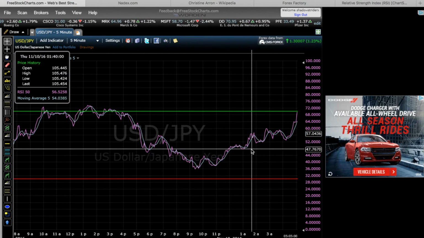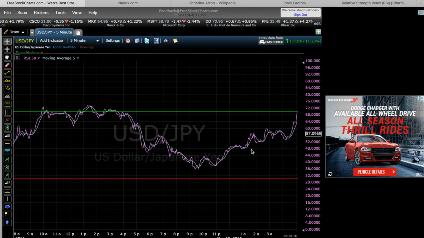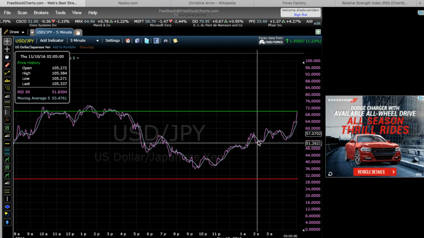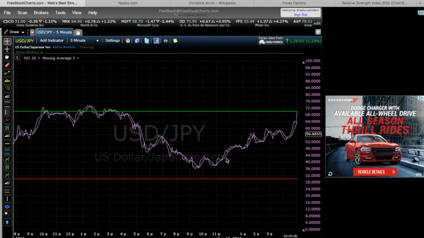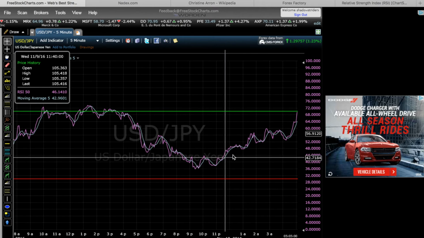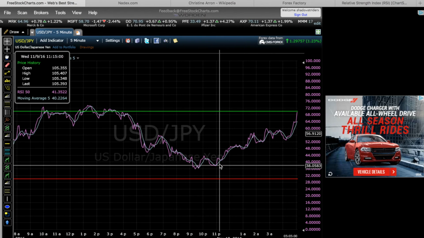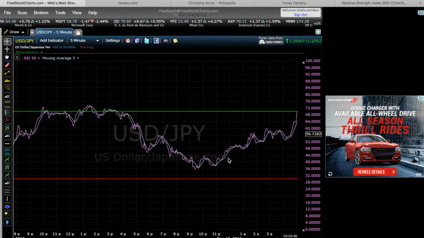Gray line is simply an intermoving average. So right, this purple line is the actual RSI, whereas this gray line is what the RSI should be based off the moving average. And so what that means is if this purple line is above the gray line, then the market is overbought for the current values. And likewise, if the purple line is below the gray line, then that means the market is oversold based off